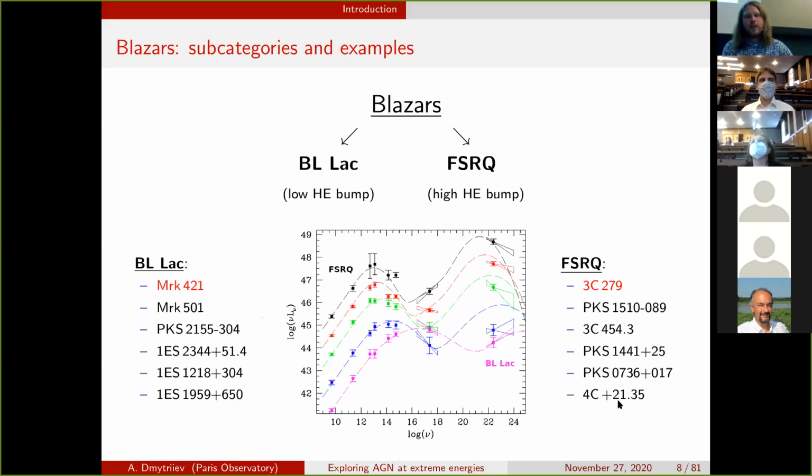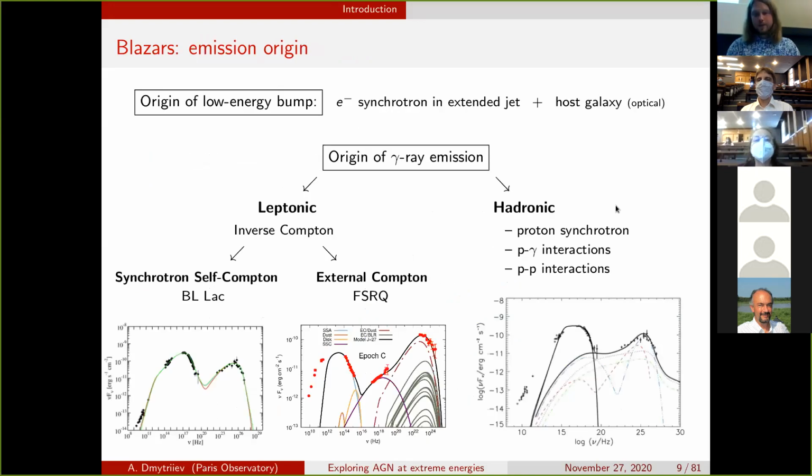Okay, high states. So blazars are divided into two categories. BL Lac objects have a low high-energy bump, like the blue curve and magenta curve. And those with a high high-energy bump, for instance the black curve, are FSRQs, flat spectrum radio quasars. And so the origin of blazar emission,